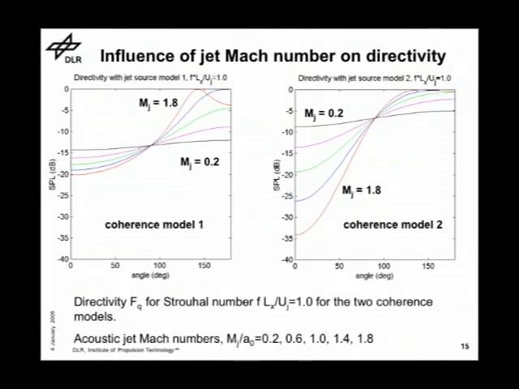I have no directivity of sources, uniform directivity of the source, no assumption so far, only interference. So with the coherence model 1, we'll get directivity with jet model, source model 1. Now with the Strouhal number, frequency times coherence length scale divided by jet speed equal to 1, we get this relation here. Looks very much what you measure. You get the peak radiation where the Mach wave radiation occurs here for this Mach number 1.8. I assume relative phase speed of 0.7 in this case.